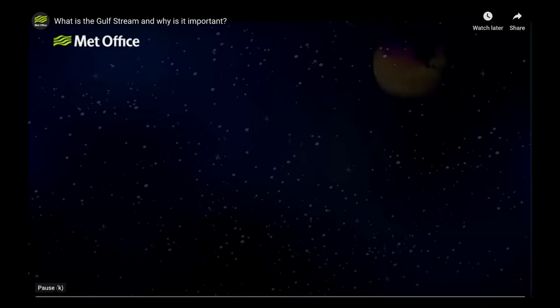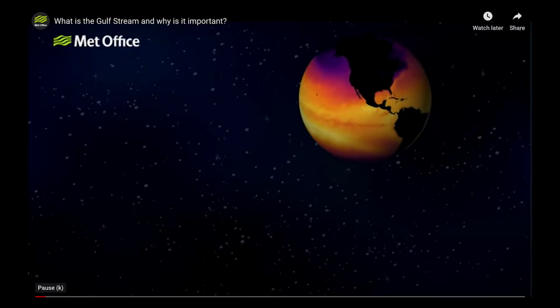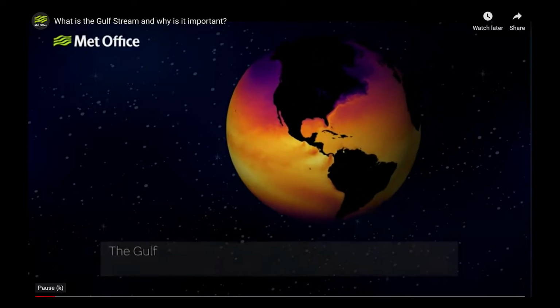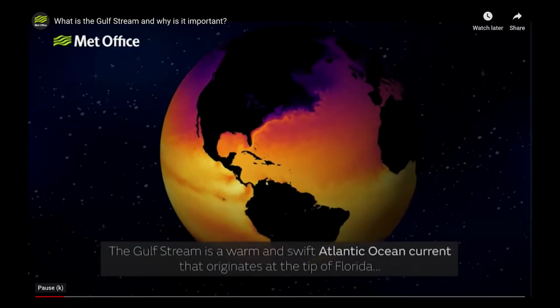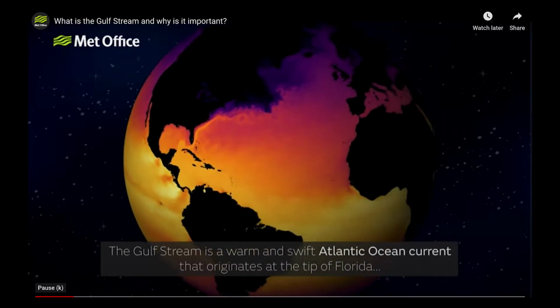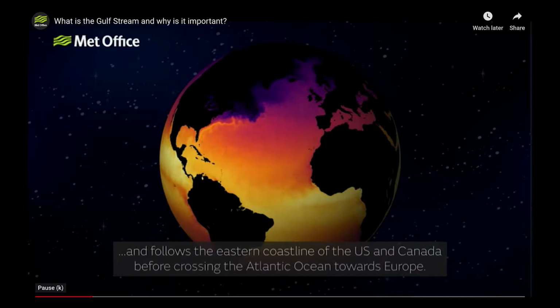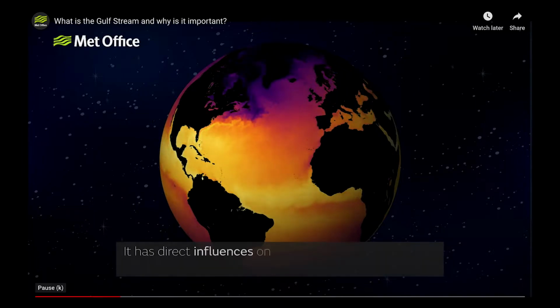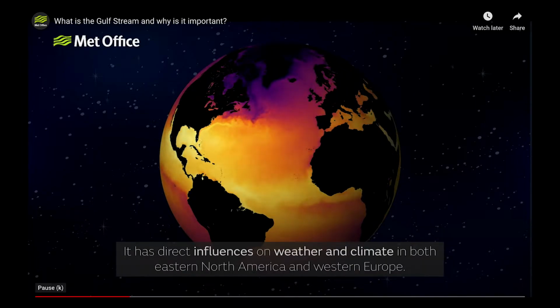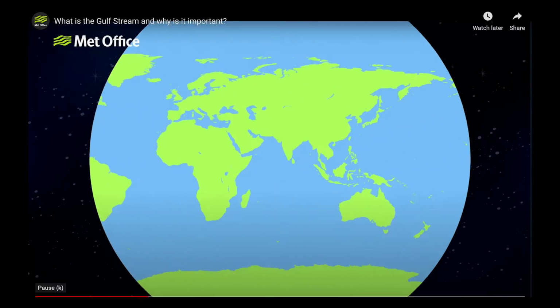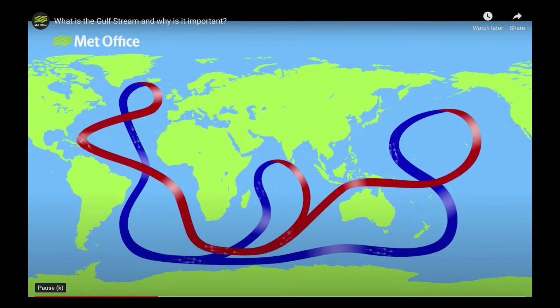Let's take a look at the Gulf Stream now, how it develops off the coast of Florida, and how it affects climate at the higher latitudes. Gulf Stream beginning in the Straits of Florida and transecting to the higher latitudes. This is going to influence all of the east coast of the United States and maritime Canada, as well as Northern Europe. But it has a global signature. Here we can see the Gulf Stream moving to the higher latitudes.